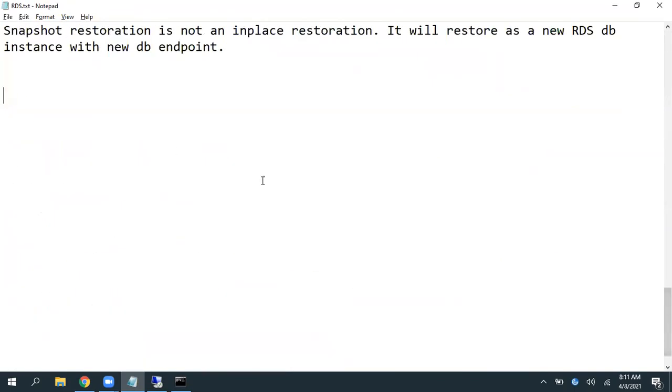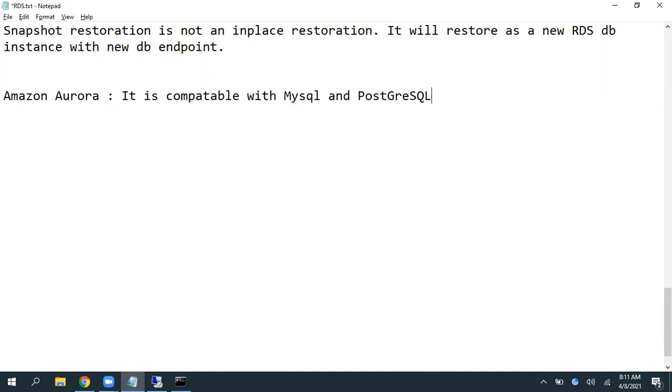And Amazon Aurora is compatible with MySQL and PostgreSQL. That means whatever tools or commands you use with MySQL, if you choose the MySQL compatible one, you can use all the same tools. The same goes for PostgreSQL. That is the first thing. And we have provisioned and serverless options for this